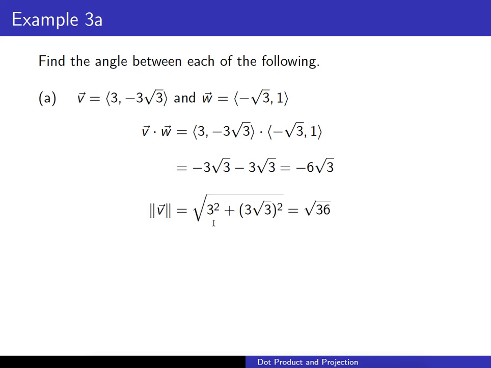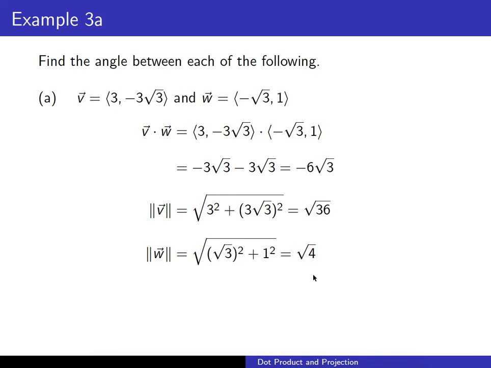And the magnitude of vector v, 3 squared plus, again, ignore the negative, 3 square root of 3 squared, will give us 9 plus 27 is 36. And I'm going to recommend not simplifying these just in general, and we'll see why in a little bit. But same thing with the magnitude of w, square root of 3 squared plus 1 squared is square root of 4. Again, I know this is 6 and I know this is 2, but in terms of the formula, it's not always going to have these nice perfect squares that you take the square root of. So even though we could simplify this, don't bother simplifying it